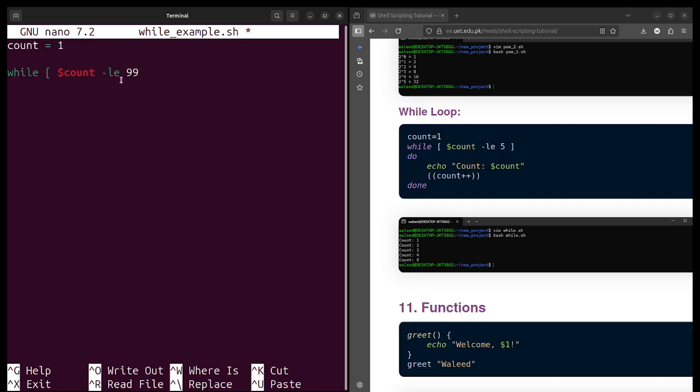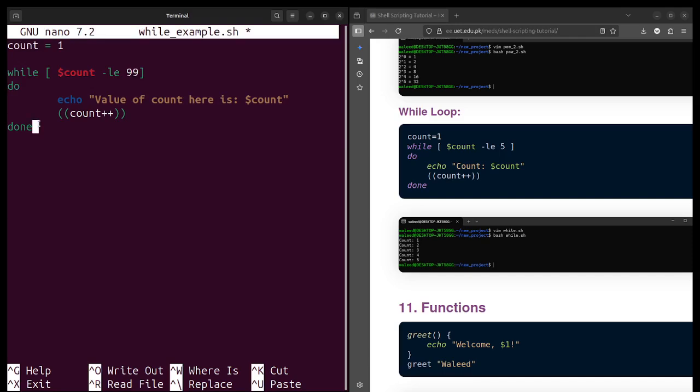It will check if round is less than or equal to 99, and it will print, let's say, value of round here is, and then you simply increment that value by round plus plus, and then you must write done at the end.